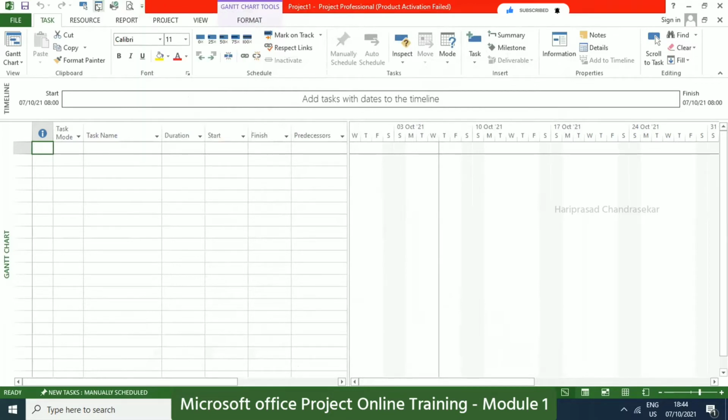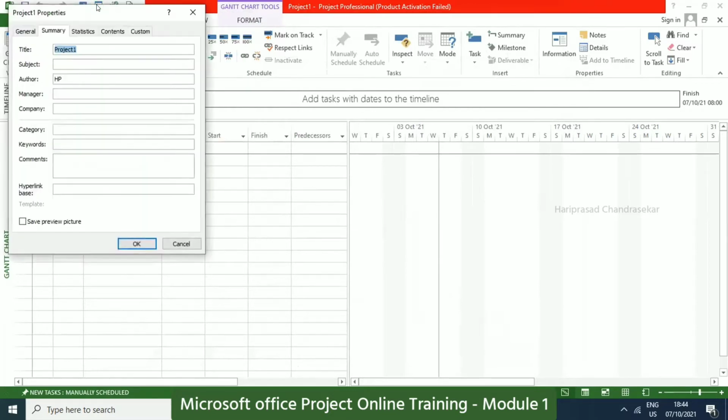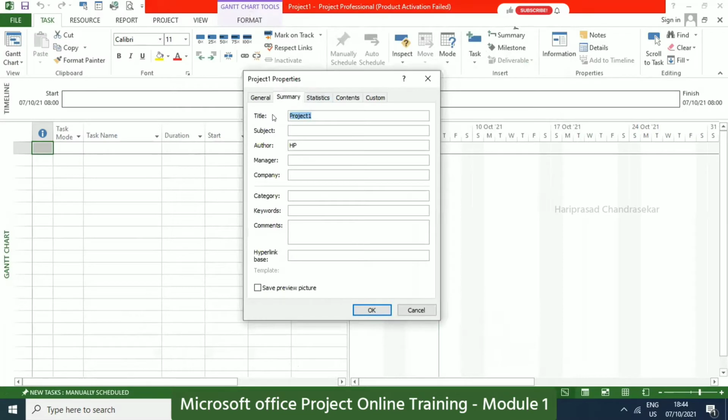So what do you mean by document property? When you click that, you can put some summary regarding our project. The title of our project, for example, the subject, and author, some Mr. X, and manager, you can put Mr. Y. Company, XYZ, and category.